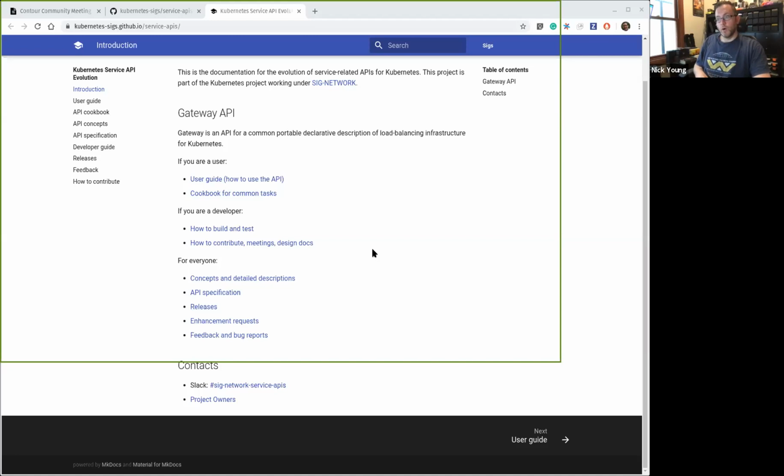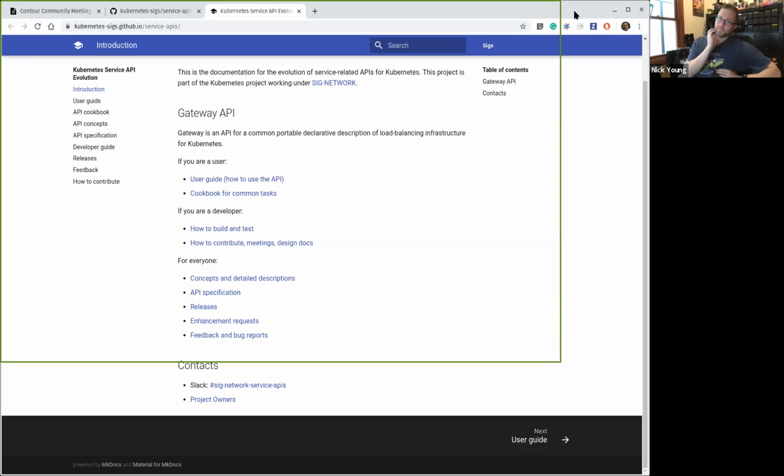The core is close to unmanageably large as it is, and so there is a separate effort that James is working on from the Contour team to bring Ingress to a GA object instead of being a beta object. There are a few extra fields added and some other stuff that James can probably talk more about. We're waiting for that spec to be accepted and for those changes to be moved in. At that point, we will move Contour to wanting to use the GA Ingress object, but supporting the other ones.